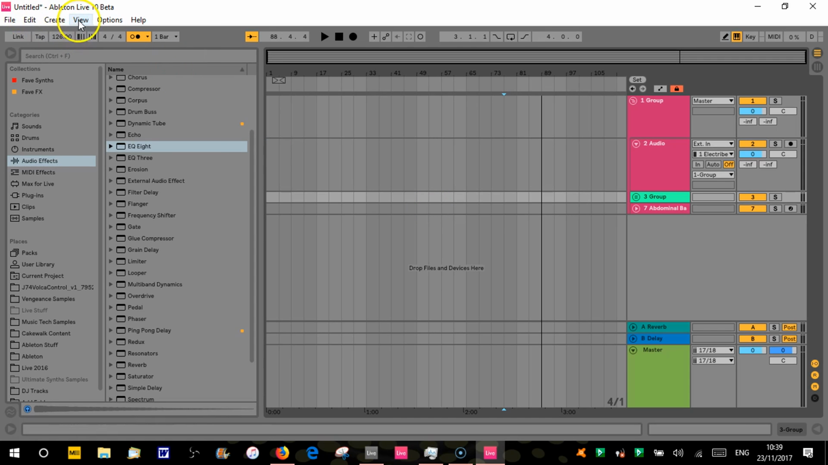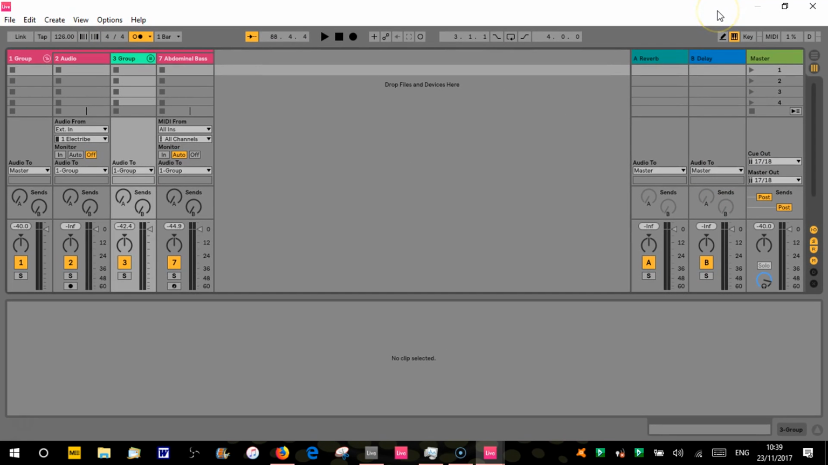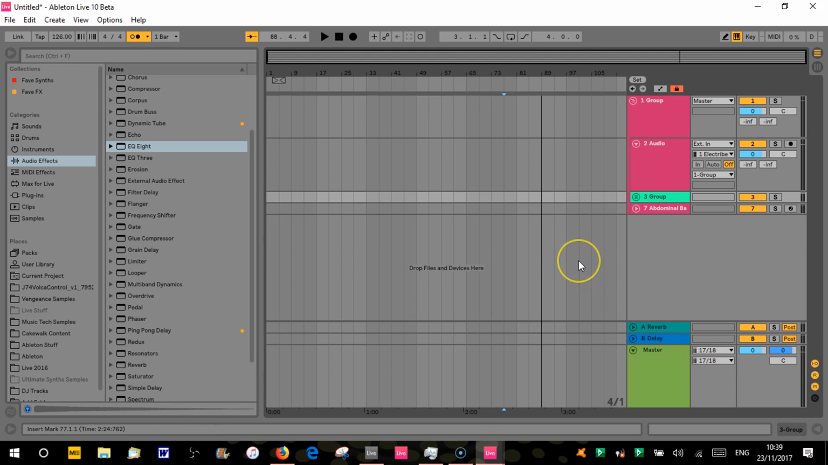That's now visible as well in the second screen. So if that was at full screen, okay, we've still got that down here now, which apparently wasn't there before. In Live 9,